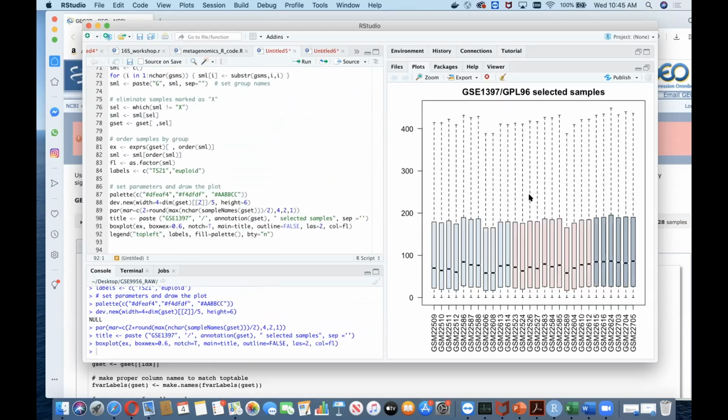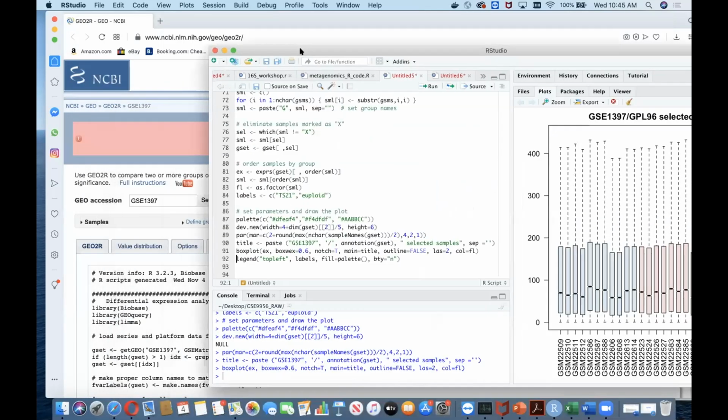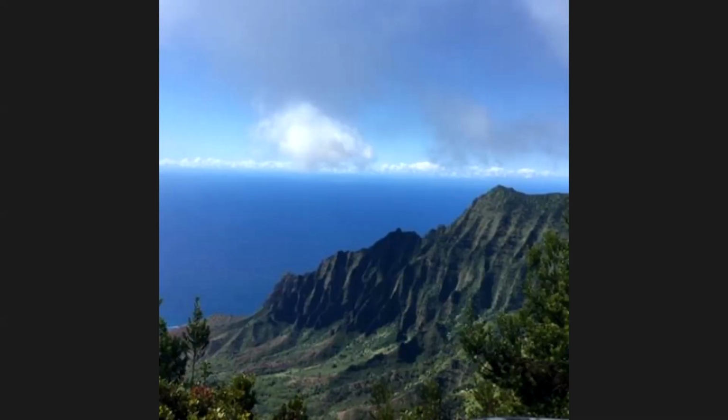So see, I got the same results on my screen here. Okay, so this is about this. So it is very easy. You can try this at home. Okay, so now